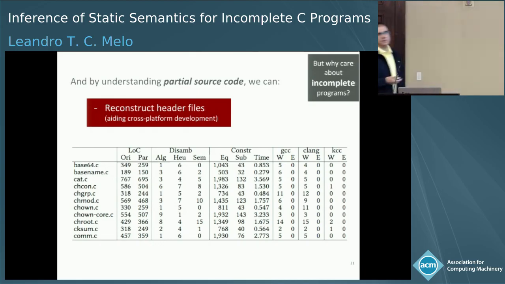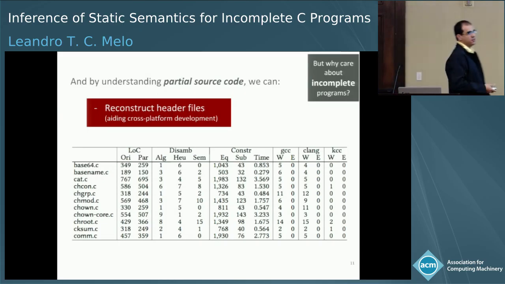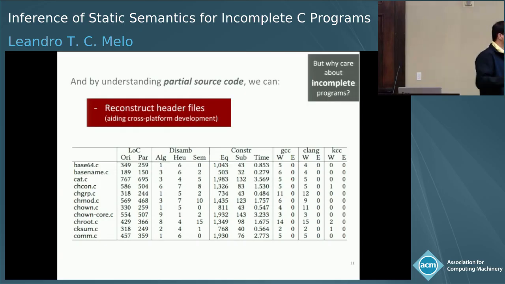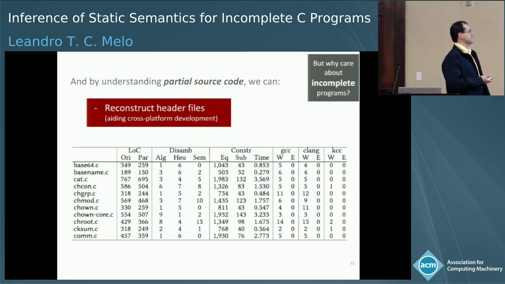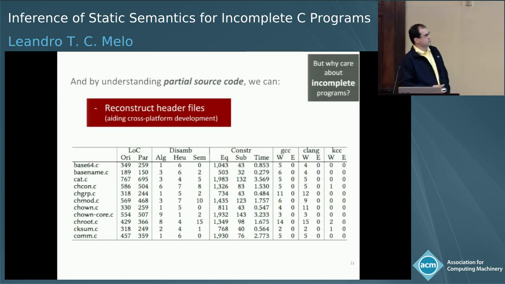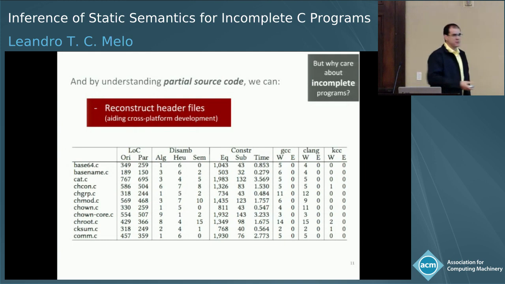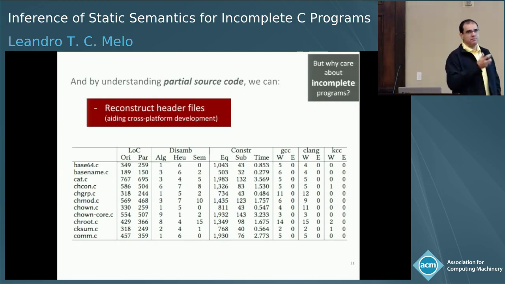And this is an experiment we conducted with the tool we developed. The programs that you see here come from the GNU Coreutils, which is a quite popular library in Unix and Unix-like systems. Those are sorted in alphabetical order. What we did here is that we removed all top-level declarations, which are struct definitions, typedefs, even macros, and we reconstructed them, and we can still produce well-typed programs.